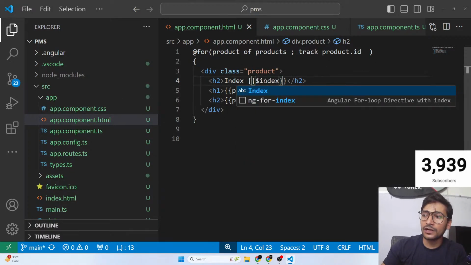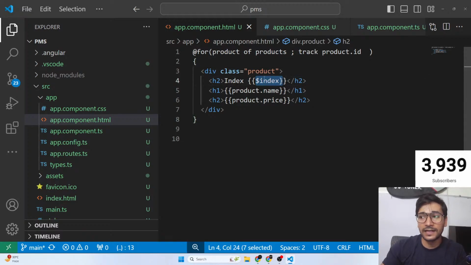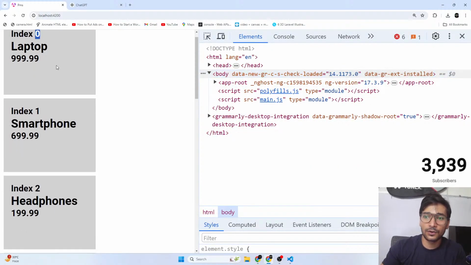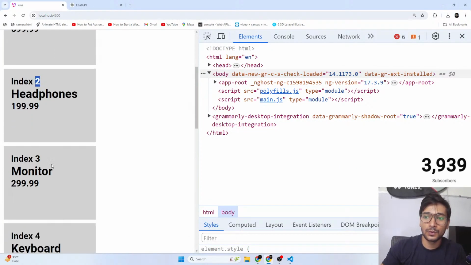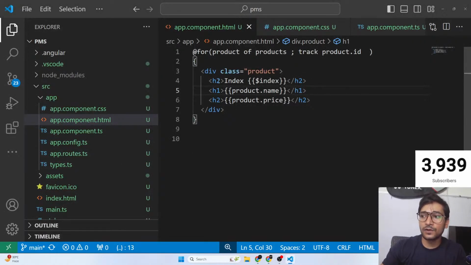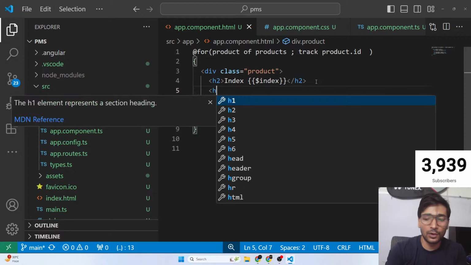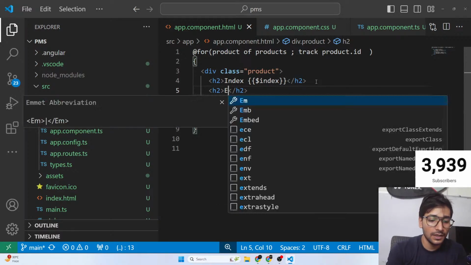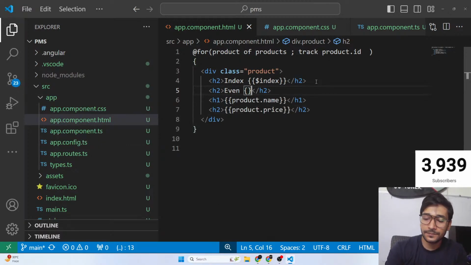And guys, it's by default available. You don't have to worry about it. Directly use it, but only inside a loop. So you can see, guys, 0, 1, 2, 3, 4, right? Like that. So this is one of the variables which is by default available inside a loop. We have one more variable. This is even, and the variable name is $even.